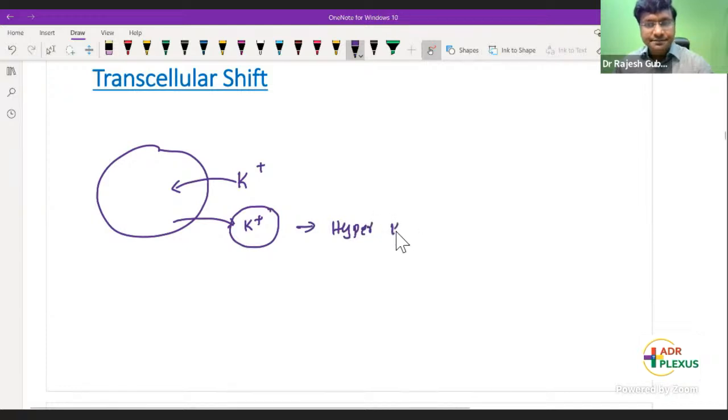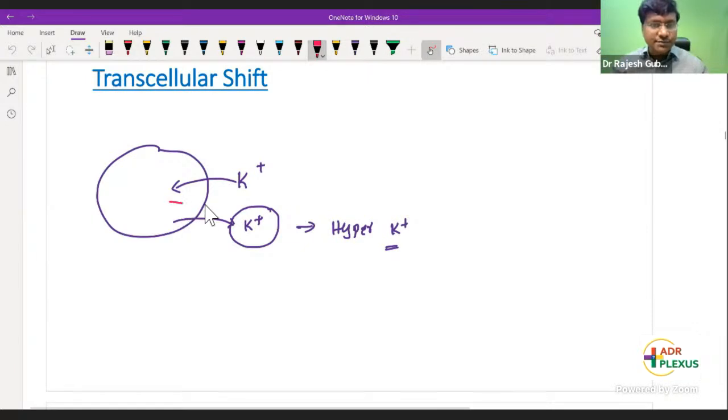Please tell me what was the causes for transcellular shift causing hyperkalemia? We will shortly revise. What were the etiologies causing hyperkalemia secondary to transcellular shift? Quickly, because we have discussed day before yesterday and you people have revised that as well. Can anyone answer? Very good, Monisha. It is acidosis, right? That is one of the very, very important causes we have discussed. And followed by that, very good, Vishnu, even we have discussed about drugs and as well as massive blood transfusion. Okay, right.